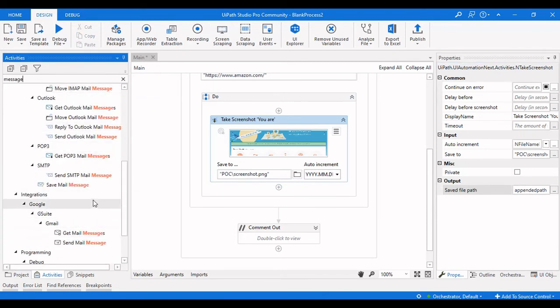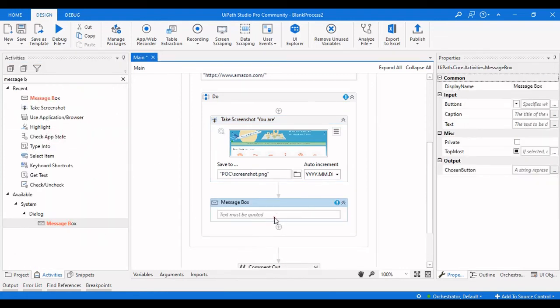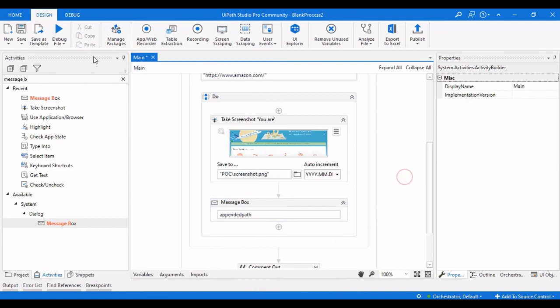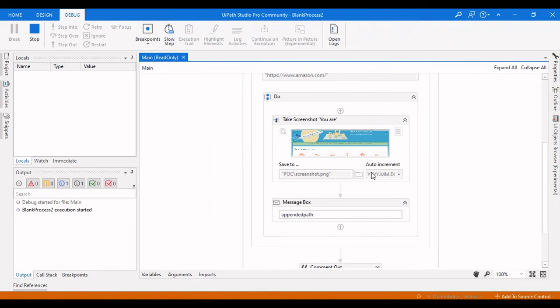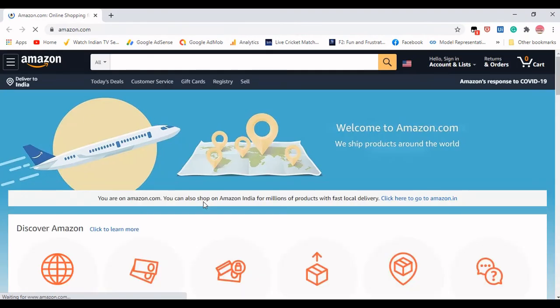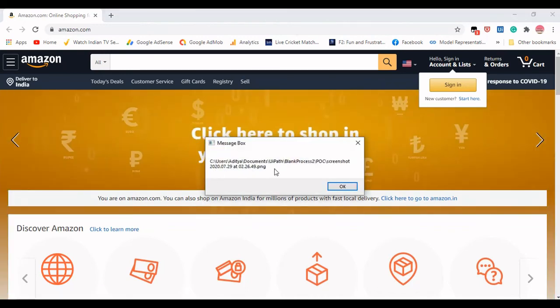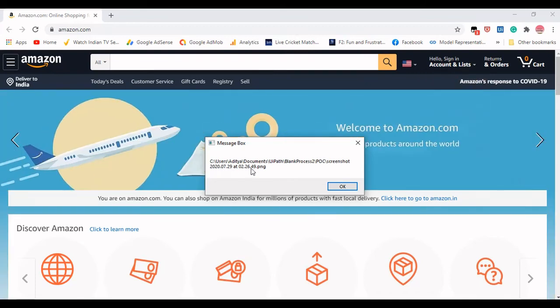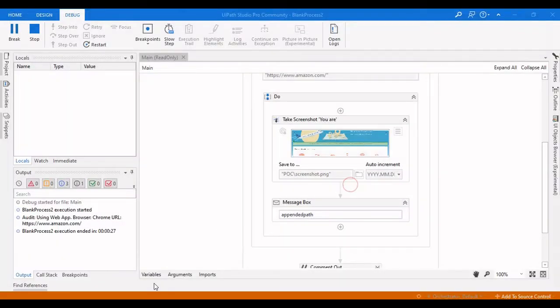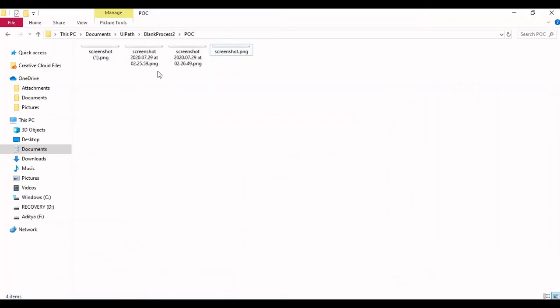So let me take a message box over here which will display this particular path. Let me use appended path, and then if I click on run again, you can see the file is saved with the date timestamp. So it is opening the Amazon website, and then it needs to take a screenshot and save that in a timestamp format. You can see it is 2027 29 and then 226. It is also saving the date, and it is saving it in a different format at what time you are saving this particular image. And if I click on OK and go to the folder again, you can see